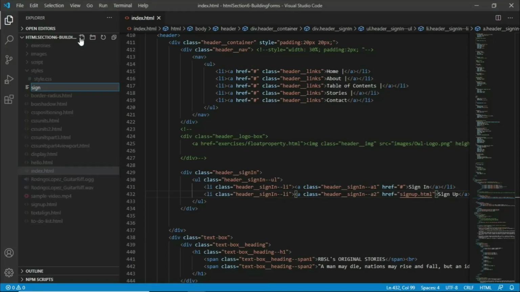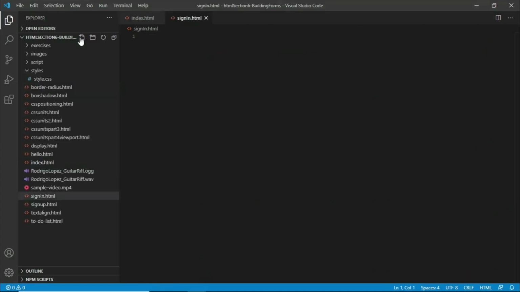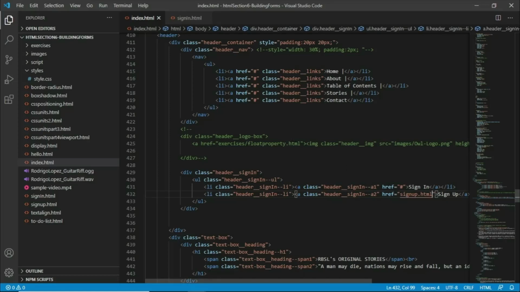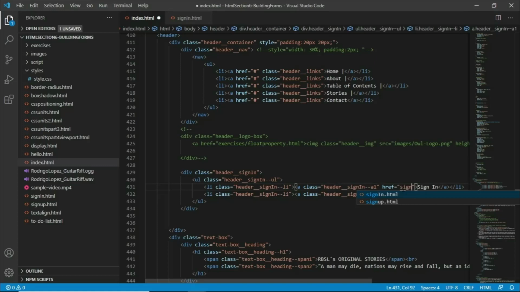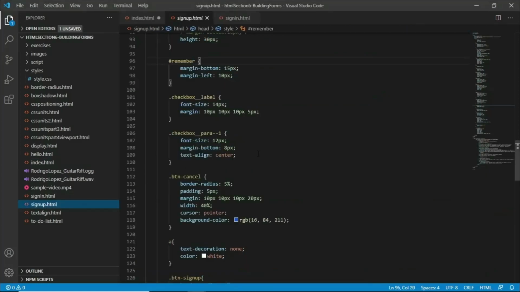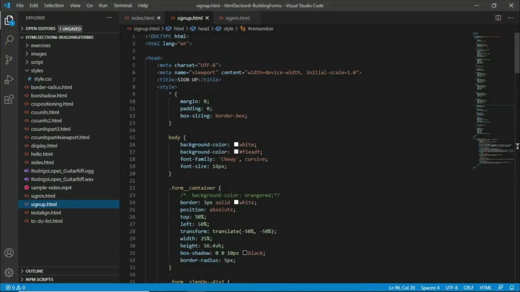After finishing the sign-up form, let's now work on a sign-in.html form. So, of course, we also want to go and place that here in our sign-in link, sign-in.html. Now, the same with our sign-up form here, we would want to have the same styling that we have here up to the